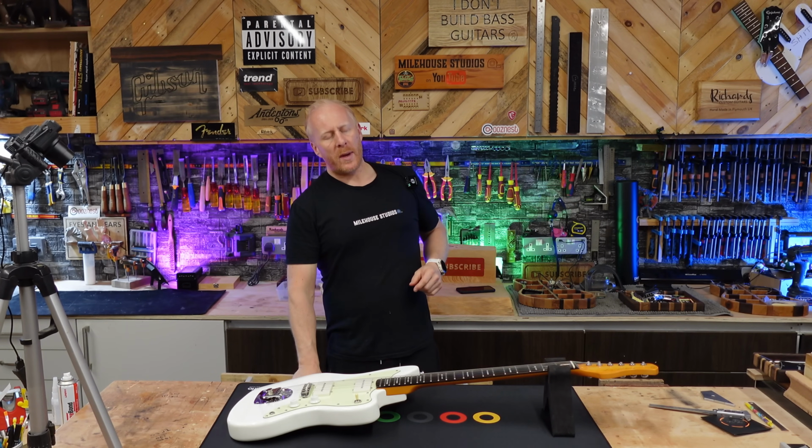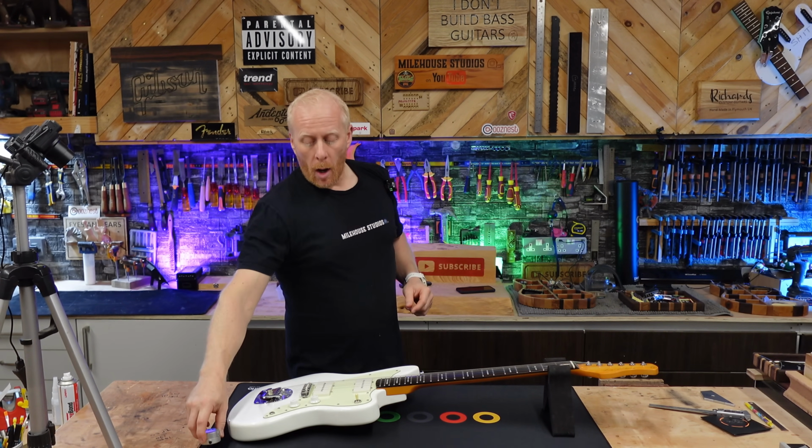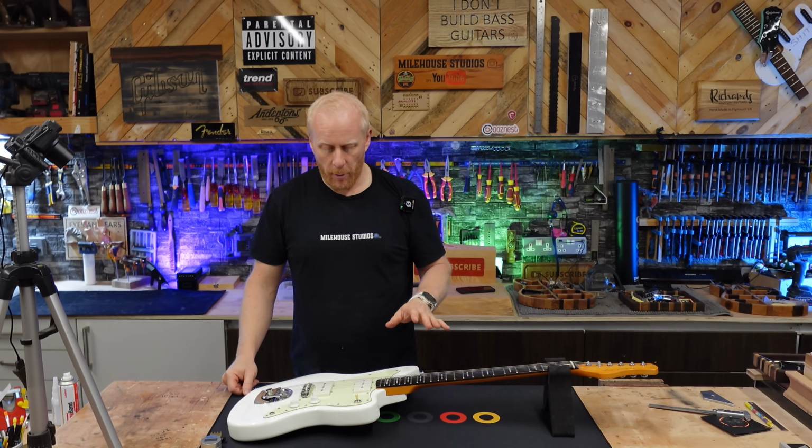Out the box, the action's quite high. I don't normally do measurements out the box, but because this is a £500 guitar and it's pretty much new, let's do some checks out the box. Because people always say, why don't you check out of the box? I'm not going to do a sound sample out the box,